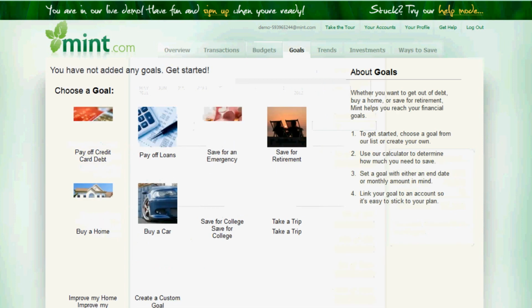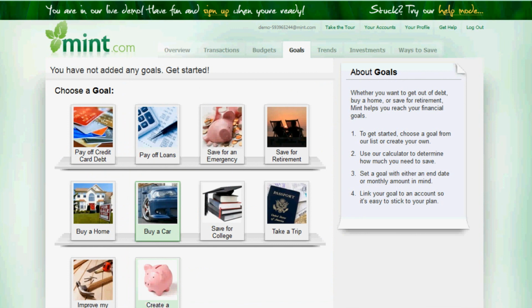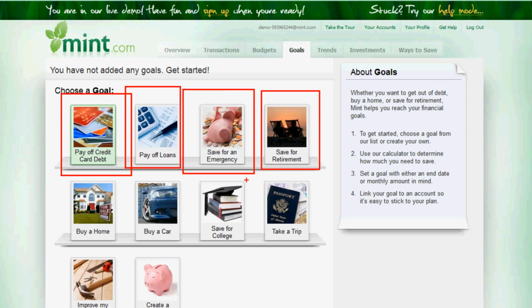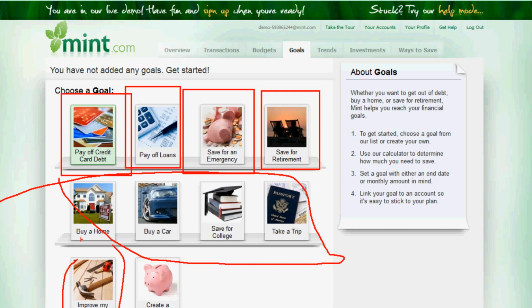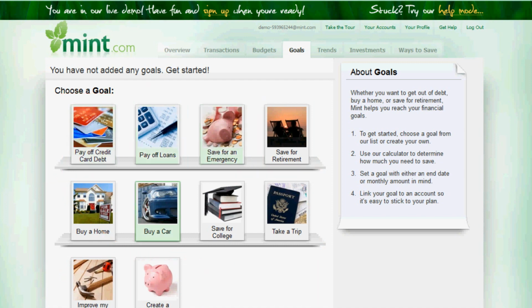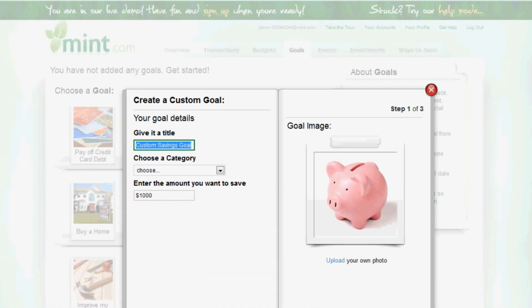Let's move on over here. You can set up different goals to attain in your Mint.com account, things like paying off your credit card, paying off loans, saving for an emergency, saving for retirement, all the rest of these here. Or you can do a custom goal of your choosing. If you click on that, you'll see